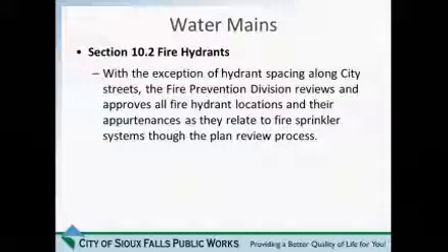As I stated, Dennis Clark and Dean Lanier take a close look at those things as part of their plan review process. And from my standpoint on the engineering side, usually just taking a look at the fire hydrant spacing, where those fire hydrants are located relative to other utilities, and making sure that they're constructed correctly.